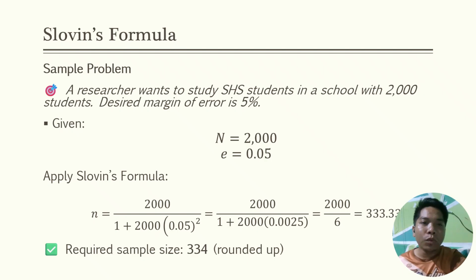Now let's have a quick look at a practical example of a Slovin problem. Imagine a researcher wants to survey senior high school students from a population of 2,000, and the acceptable margin of error is only 5%. Using Slovin's formula, we substitute the values: e squared is equal to 0.0025, multiplied by 2,000, you get 5. Add 1 to it, then it becomes 6. Then divide the total population by 6. You get approximately